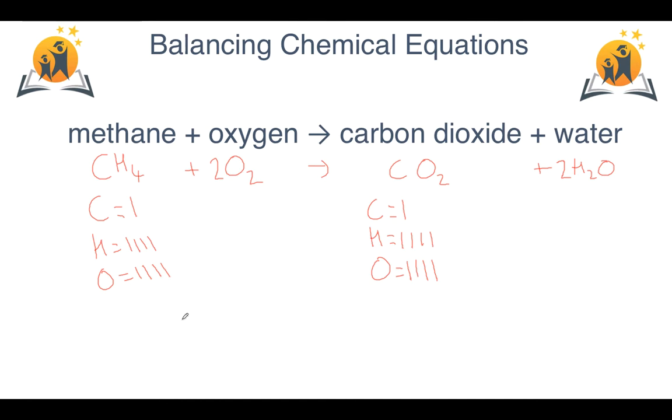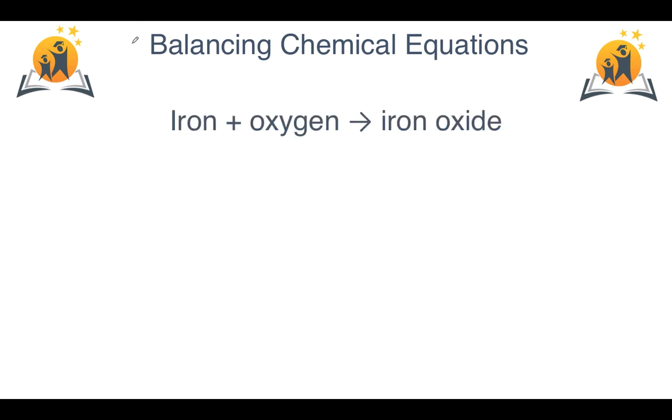Our balanced equation here is 1 methane molecule reacting with 2 oxygen molecules to form a molecule of carbon dioxide and 2 molecules of water. So now let's balance iron and oxygen forming iron oxide. Now